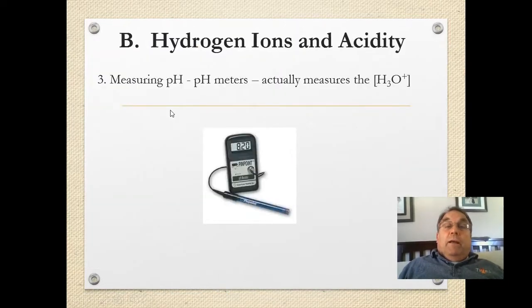Another way of measuring pH is with a pH meter, which actually detects hydrogen ions in solution, and then gives a digital readout. All right, the next section